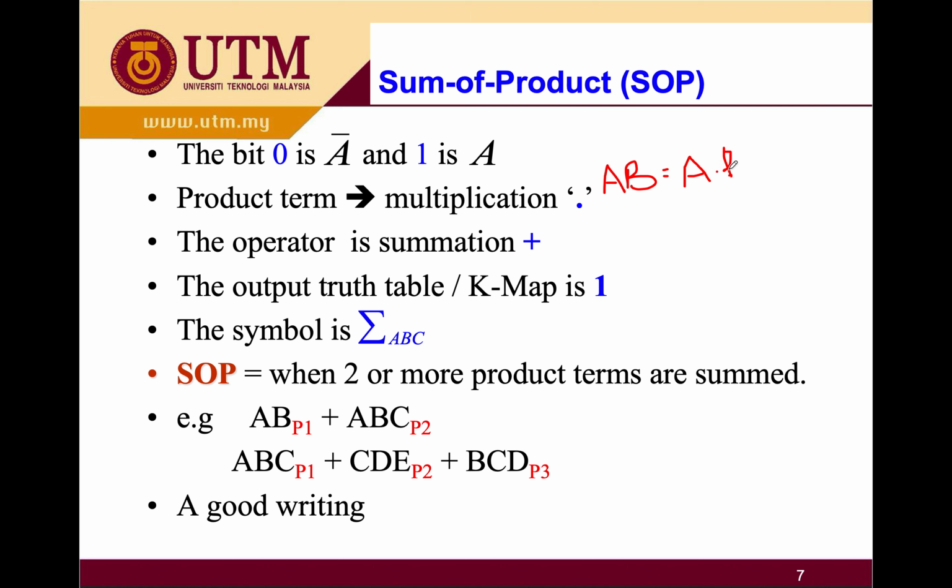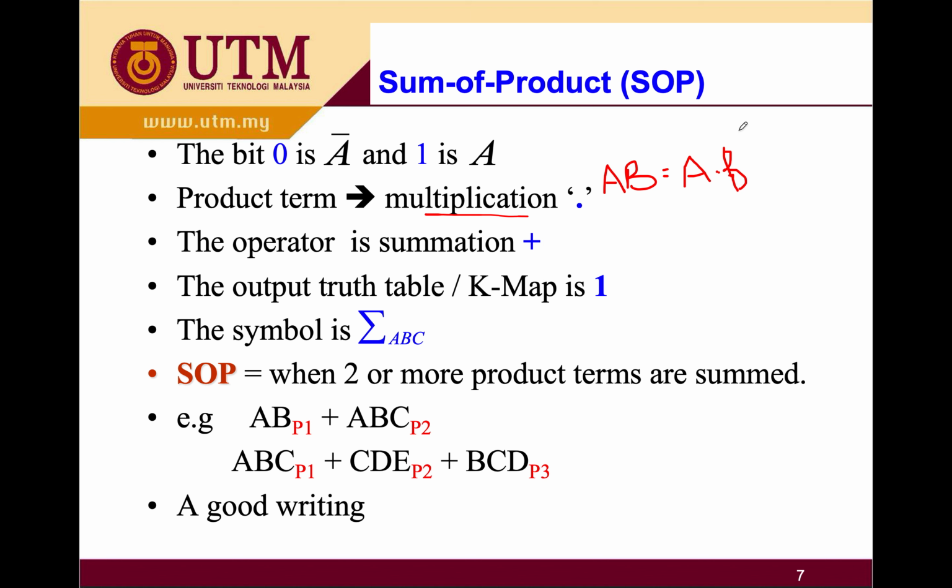So this one is a product term. So your product term will be a multiplication between A and B or AC or otherwise, as long as basically you need to know between these two variables there is a dot or multiplication, and then the operation is